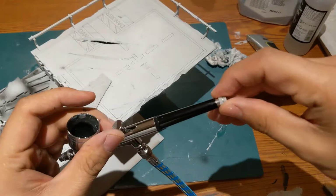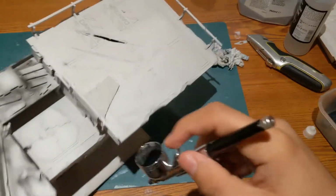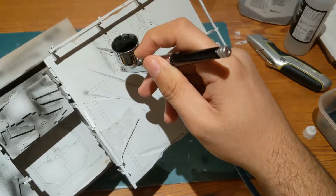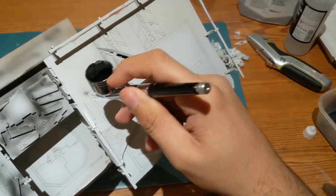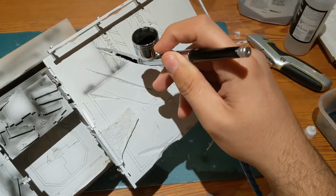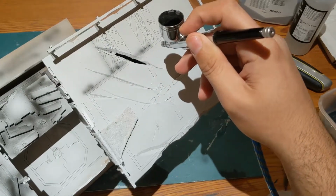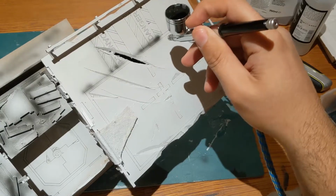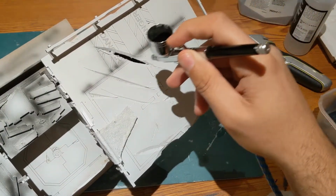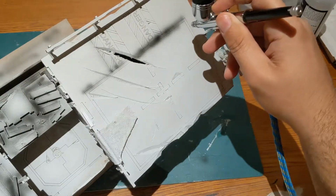I think I've just turned up that, so let me just... I'll just warm up a little with this and very uneven, so